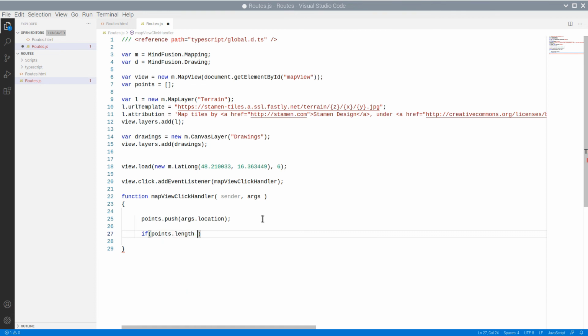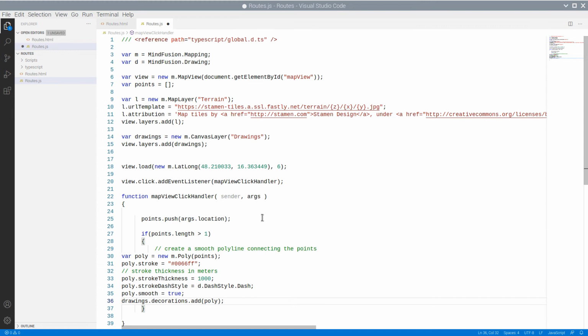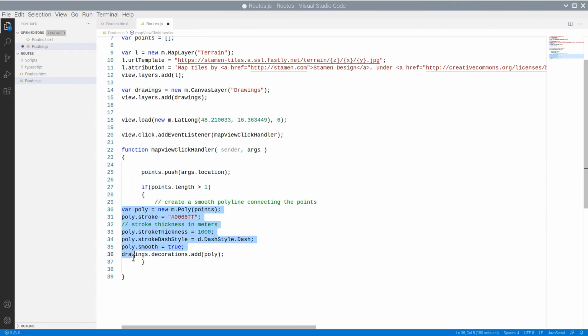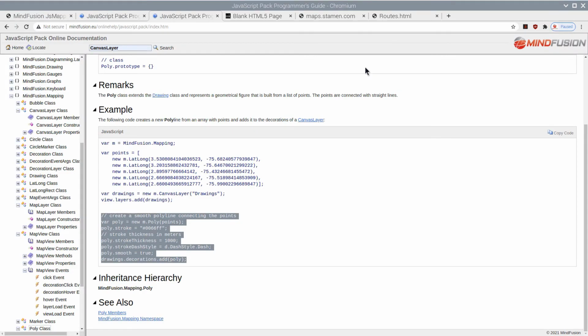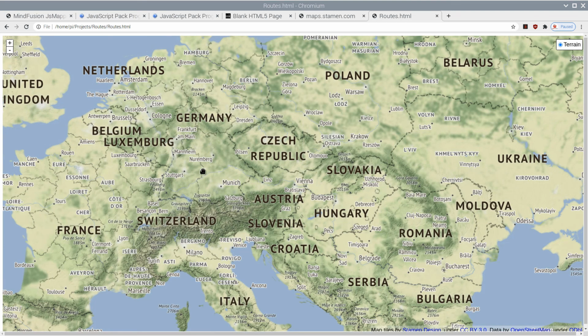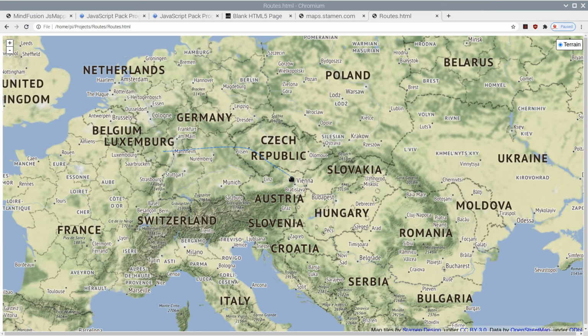The polygon needs at least 2 points to render. It also exposes various customization properties. Let's check our sample. Yes, now we are able to draw a line that connects clicked points.